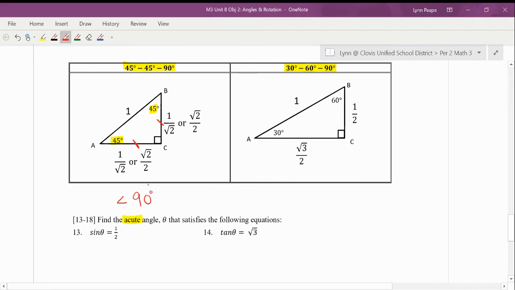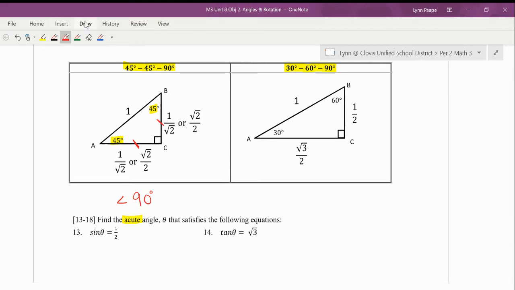So my answer should not be 145. It should be somewhere between 0 and 90, not 90 though, because 90 is a right angle. That would satisfy the following equations. So when we're looking for sine of theta equal to 1/2,